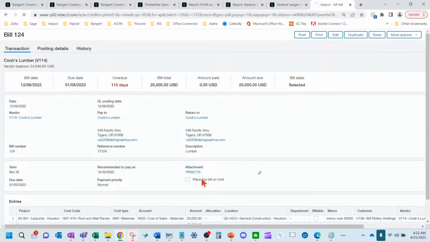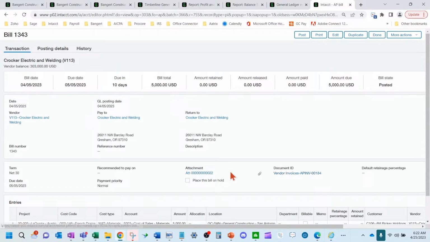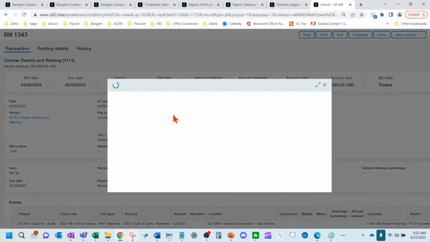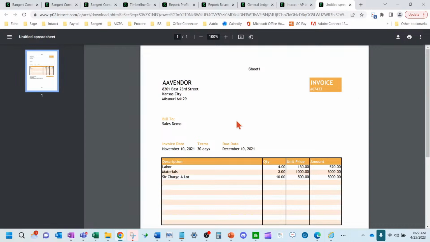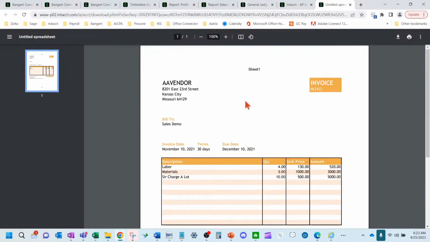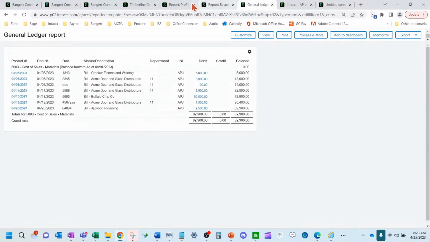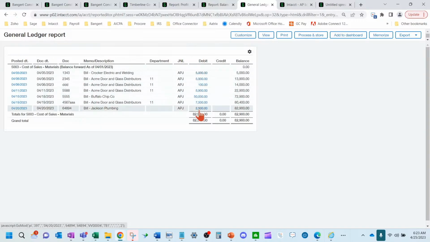Okay, let's just click on one of these. You can see the attachment here. This might just be a real simple sample that we're loading in here, but it would have the image of the actual bill in here. Obviously this doesn't match the actual transaction, but your actual invoice would be attached from the vendor in there. So it's really easy to get down to the source level transaction if you're using a paperless accounts payable solution to see that source document.